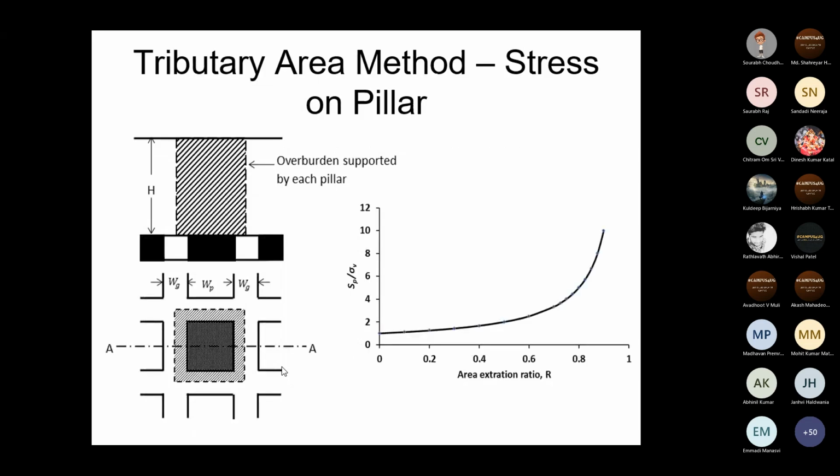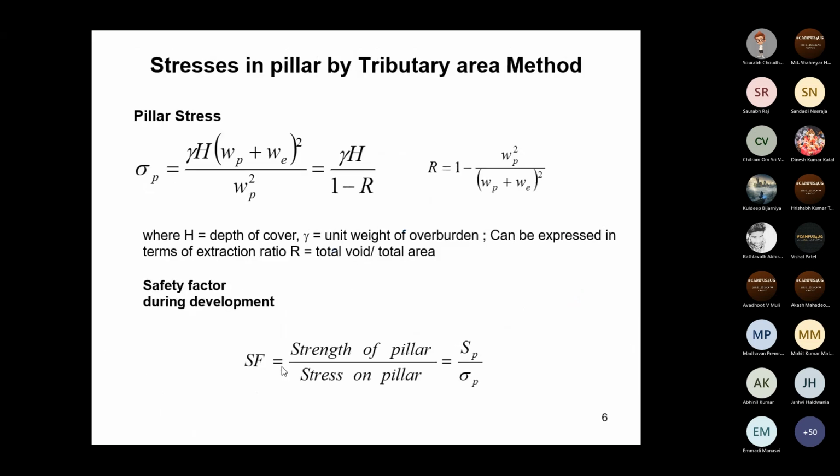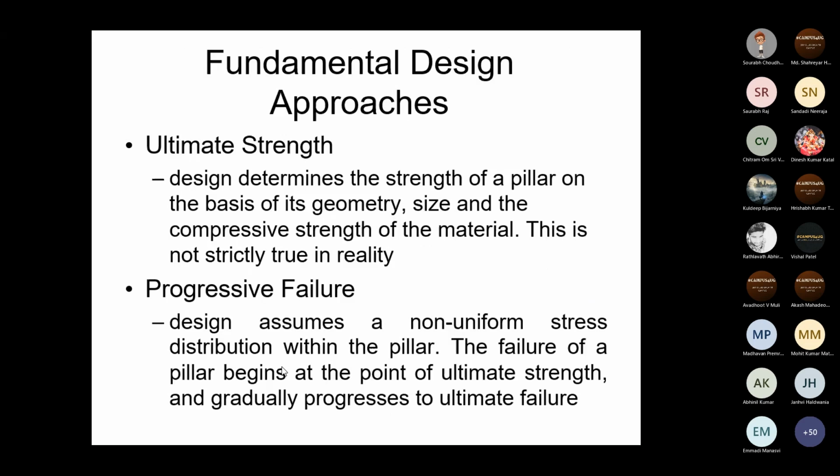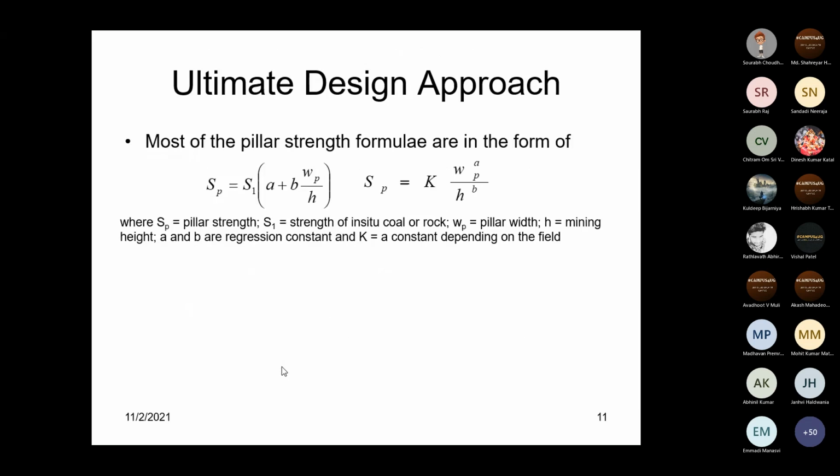In this third semester class, we are going to confine ourselves to the ultimate failure theory, and we will try to get to know how we can use this and how it can be measured. As I told you, there are two ways to find the factor of safety or to increase or decrease it. One is called the strength, and another is called the stress.